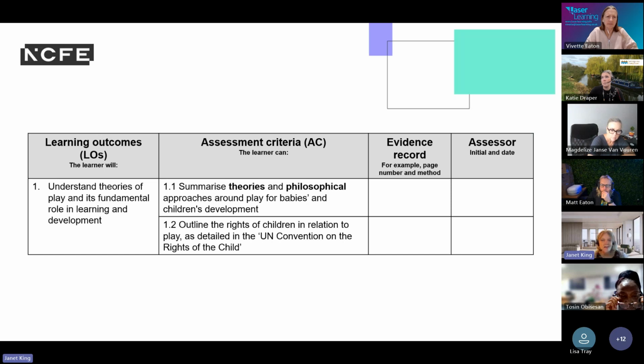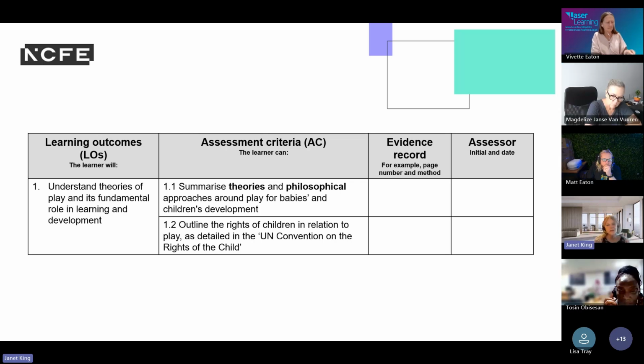So it starts off there with that meaty one: summarise theories and philosophical approaches around play for babies' and children's development. So straight away, we're bringing two things together. We're looking at babies' and children's development, and if you've been working through the units, then Unit 2 will have been something that you covered almost straight away, and maybe something that goes on throughout the qualification. I think no matter which unit you're teaching, you're always going to go back to child development. It depends on the factors that impact. What are the typical stages and patterns of development for children, and how might that then work with the context of the other units? So it's the core of what we do.